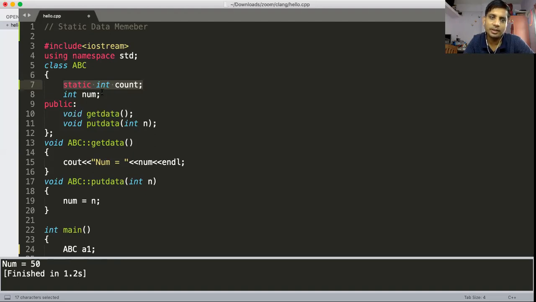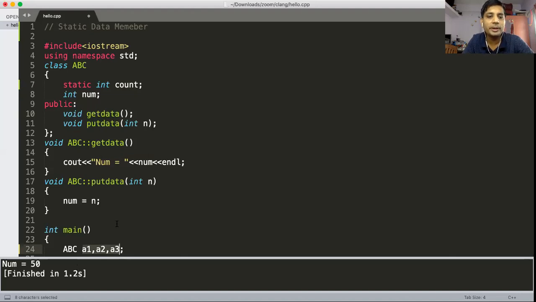If you create objects of ABC like A1, A2, A3, A1 has its own num, A2 has its own num, A3 also has a separate num, but A1, A2 and A3, these three objects have only a single count variable. There is a single count. The memory allocated for that count variable is shared by all the objects.